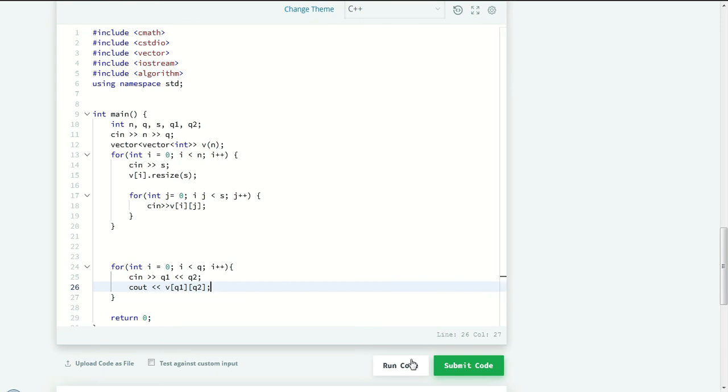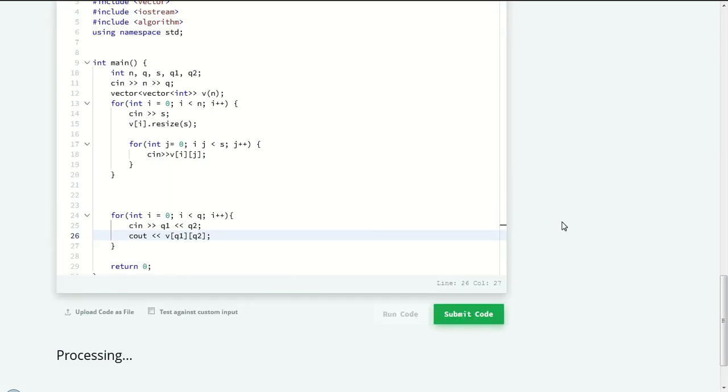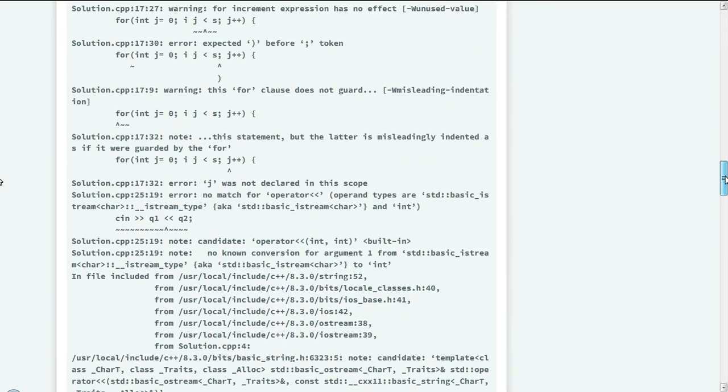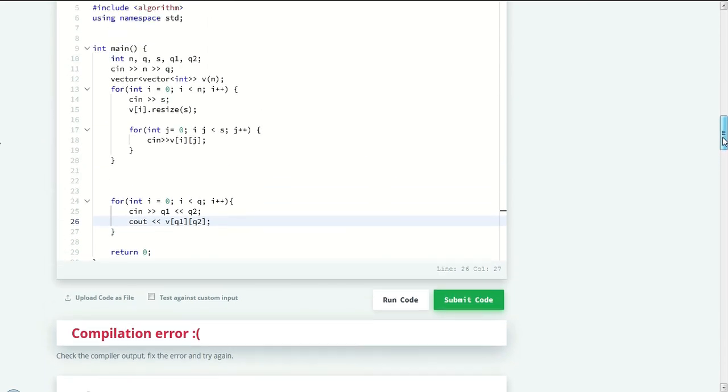Now it's time to hit the run code button. Just wait for a while, it will take some time to produce the output. There is a compilation error. Just go down. Oh my god, there is a bunch of compilation errors it seems. So there is a syntax problem in my line. See here, there is a problem. So what is the line number? The line number is nothing but 17. You could see that there is a problem. Then click on run code.